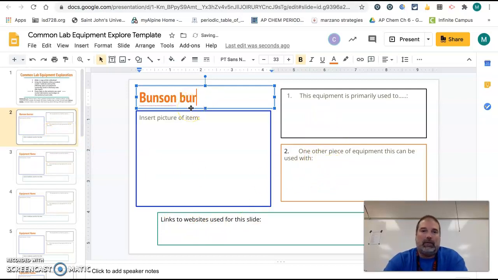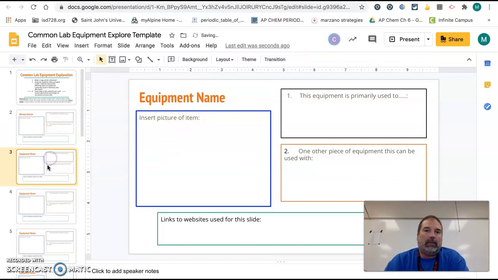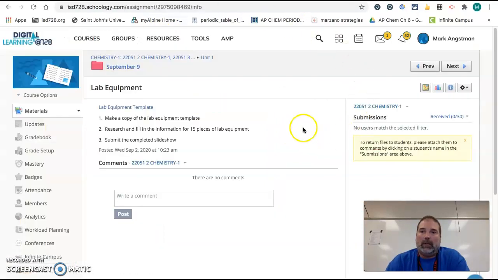And then you're going to have to do 15 of these. So just go through each of these. The slides are all set up for you. There's 15 there. And then when you're all done, you're going to go back to Schoology, and you'll have a